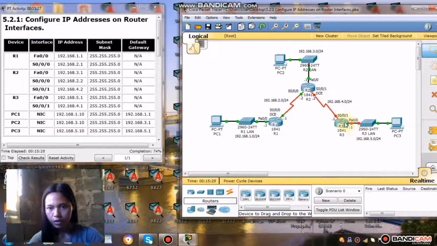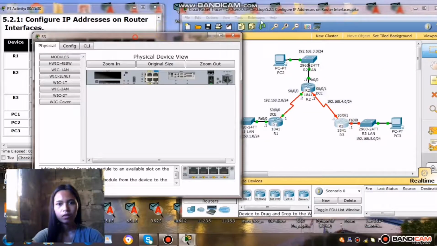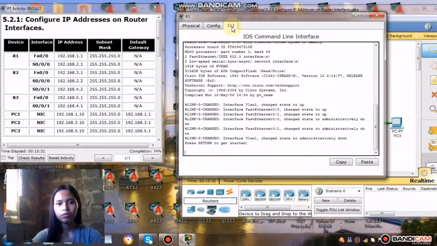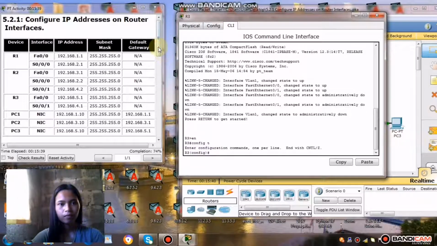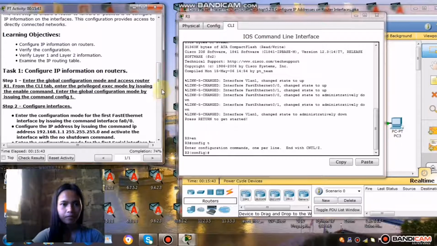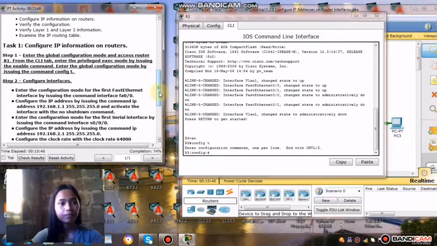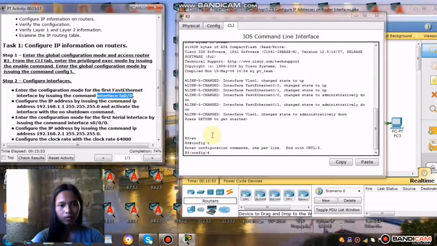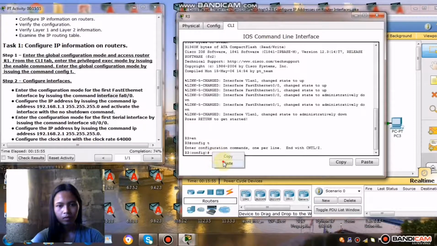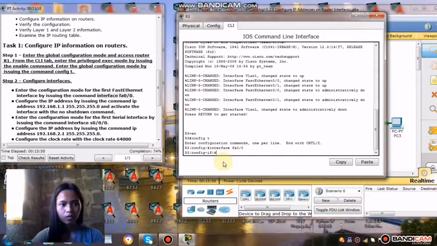So I'm gonna click the R3 and go to the command line interface. And